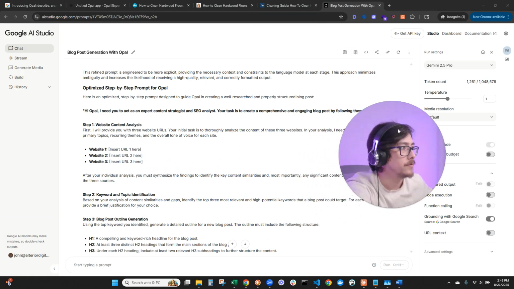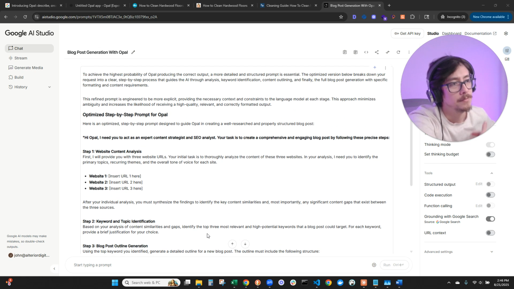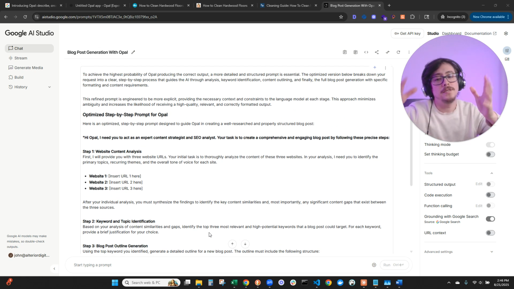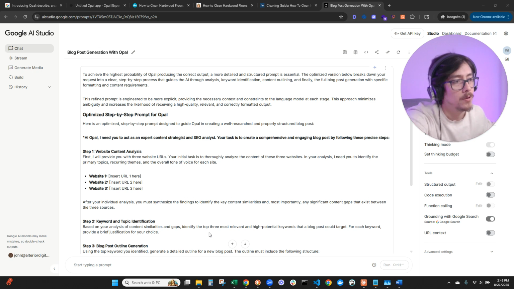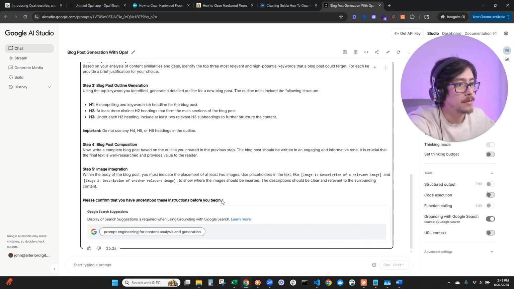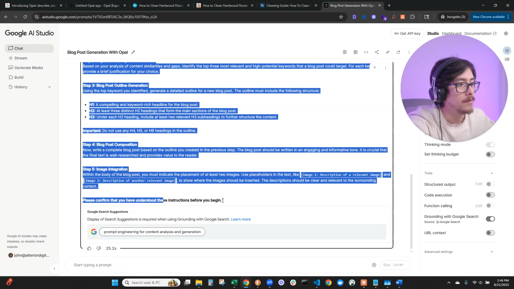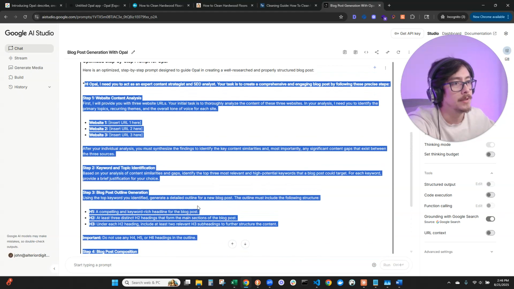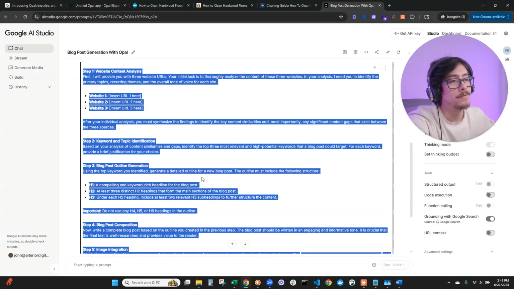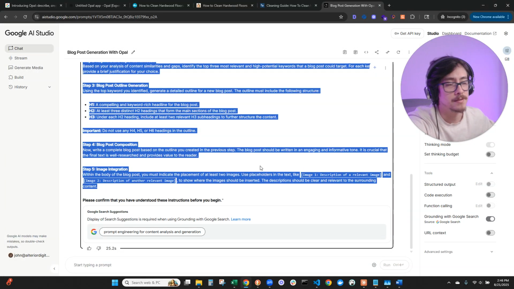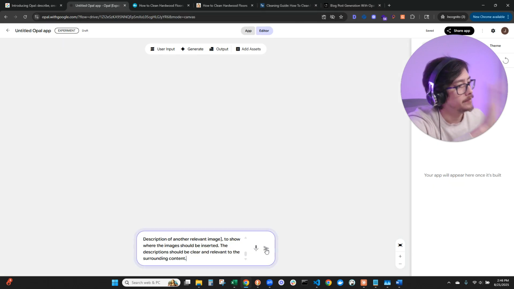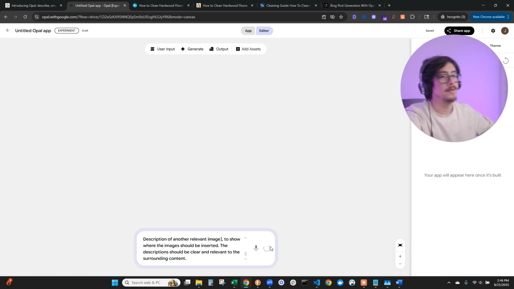Now, I'm in Google Studio, and basically I told Gemini, hey, here is the prompt I'm using. I need you to optimize it step by step because it's going to Opal, right? I'm going to copy all of this, and we're going to keep it up to here. It's a little bit more thorough than my simple 2-3 sentences, right? So we're going to copy this, go to Opal, and paste it there,